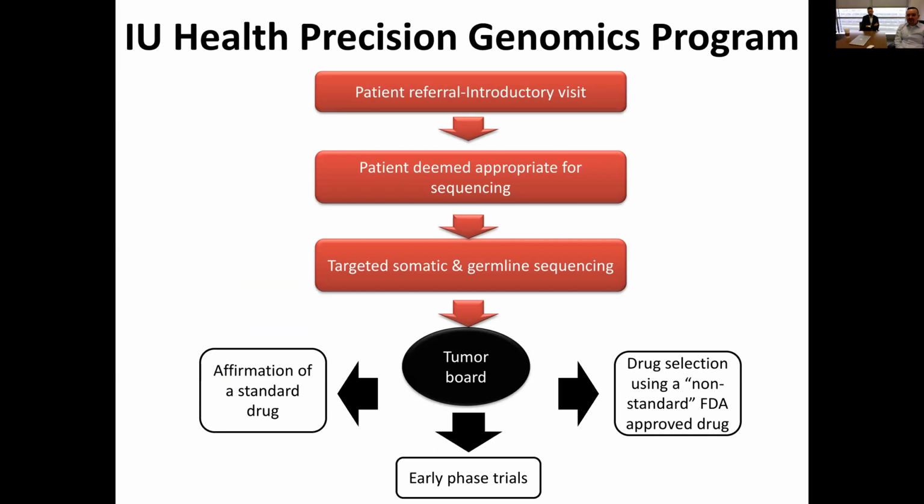So this is the patient journey for a patient coming through our program. Our referrals are going to come from medical oncology, and patients primarily see us for 2 visits, where on the first visit, they're going to get an intro to Genomics 101. They're going to get a full germline pedigree, a 3-generation pedigree performed, and they're also going to have an H&P to deem them appropriate for sequencing. If tumor tissue is available, we'll obtain that. But in many cases, Dr. Schneider here is going to order a new biopsy of a tumor lesion. The sample gets sent out for